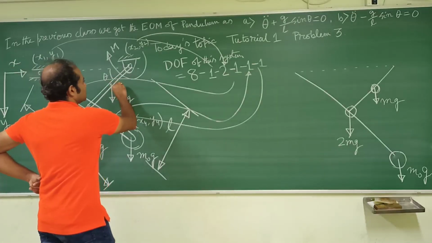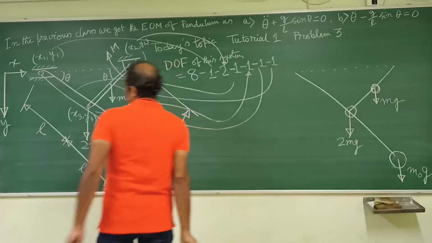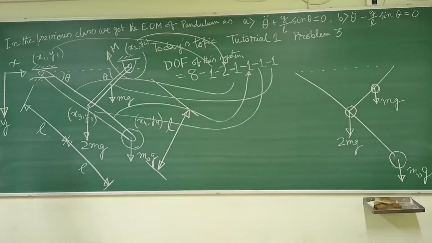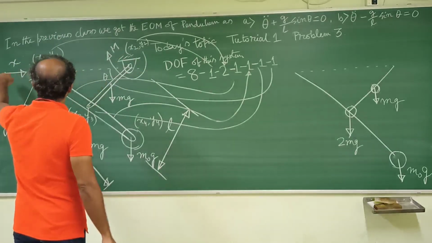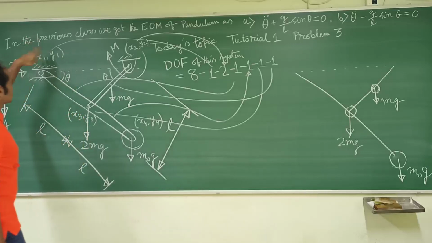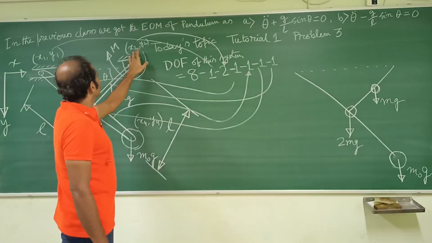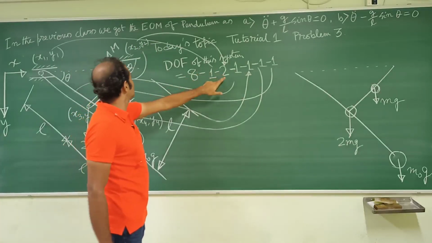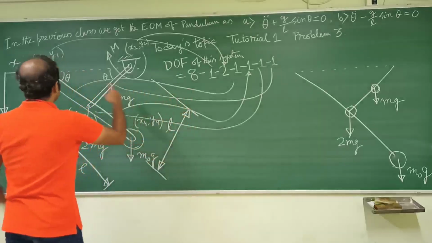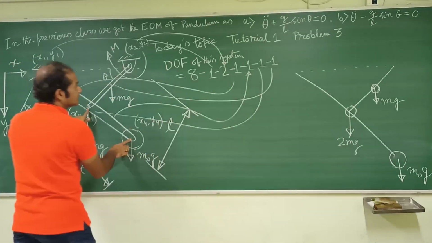So this length we have not taken care of. Minus 1. Have we taken care of previously? No. Let me check. This one we have taken care of. The movement, only this movement is allowed, but not this movement. So y1 is going to be fixed, that we have taken care of. Over here, this x2 is fixed, y2 is fixed. So 2.